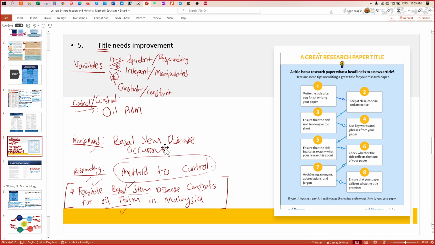Is there any levels of mechanization? Is it like half mechanization or full mechanization? Because manipulated variables need to have levels.